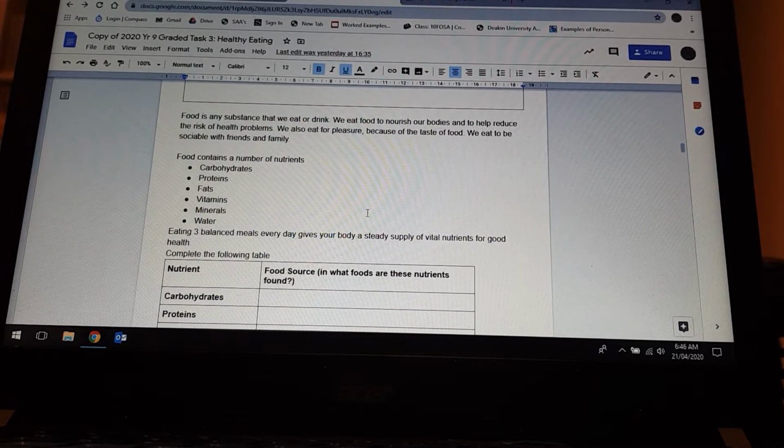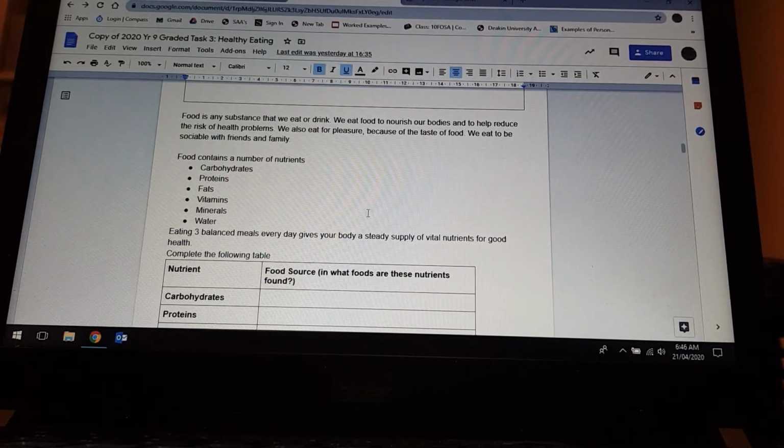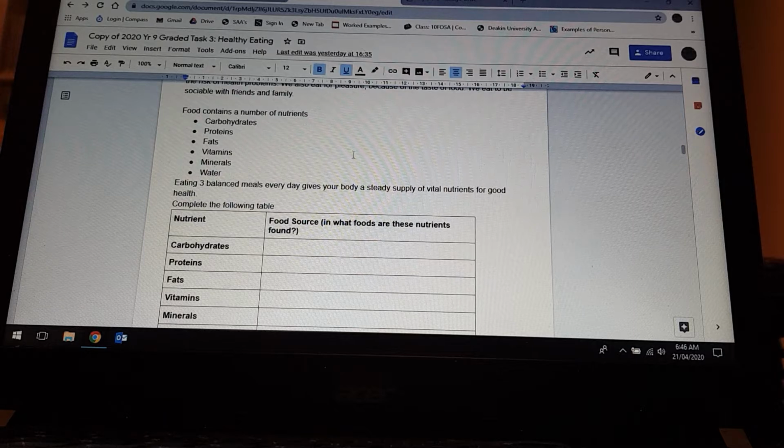Food is any substance that we eat or drink. We eat food to nourish our bodies and to help reduce the risk of health problems. We also eat for pleasure because of the taste of food. We eat to be sociable with friends and family. Now,